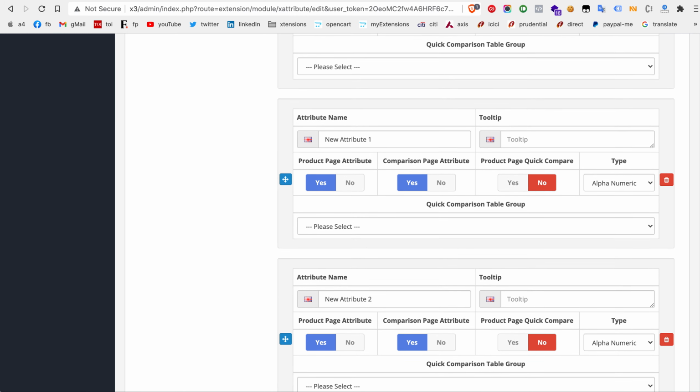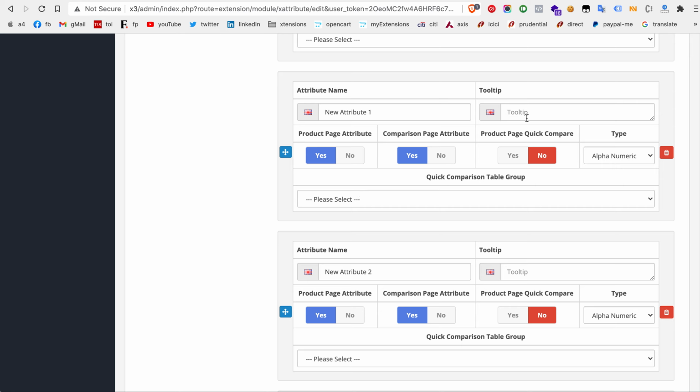Now let's go through these settings. So this is the attribute name. We have enhanced this functionality and given you an option to add a tooltip.